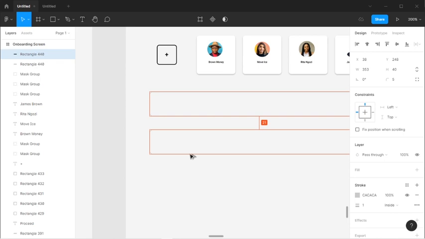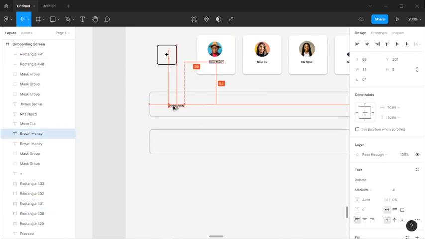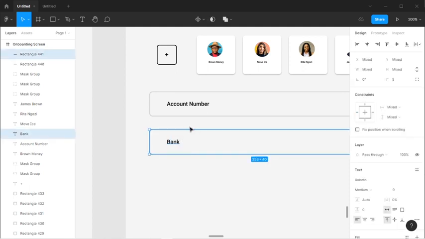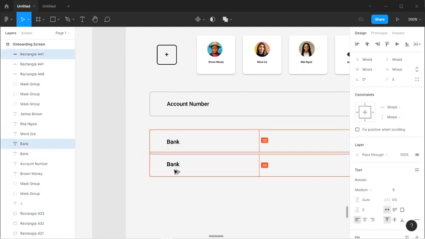Duplicate it. So let's have a text here, increase the text size to about 8, to about 9. Accounts, account number, account number of the person, the bank, beneficiaries, name,